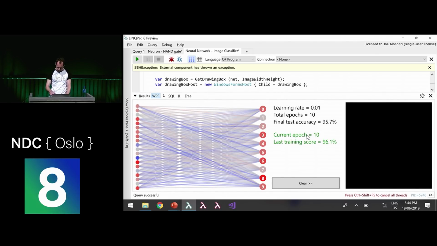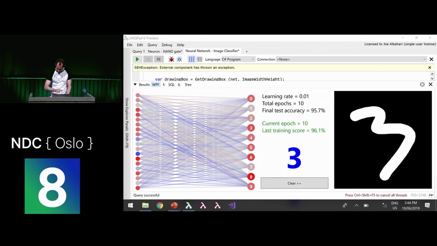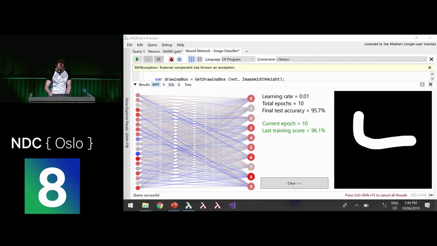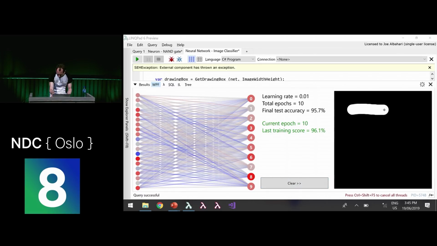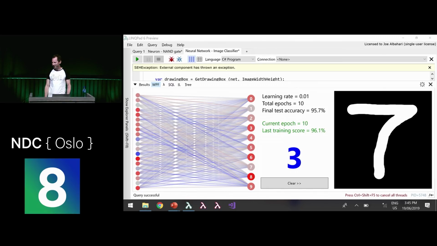So it's done the 10 epochs, and it's got it right. Let's try something a bit harder. It's got that right. I haven't even finished the 5, and it's got it right. So it's doing pretty well now, just with that centering. Now, one interesting thing: if I draw a 7 really carefully, like a typewriter would do it, really nicely, it can't get that, because people don't write like that. It's never seen anything like that before, and that's completely confused it. So this is interesting how it works, because obviously we could train it with that kind of stuff.